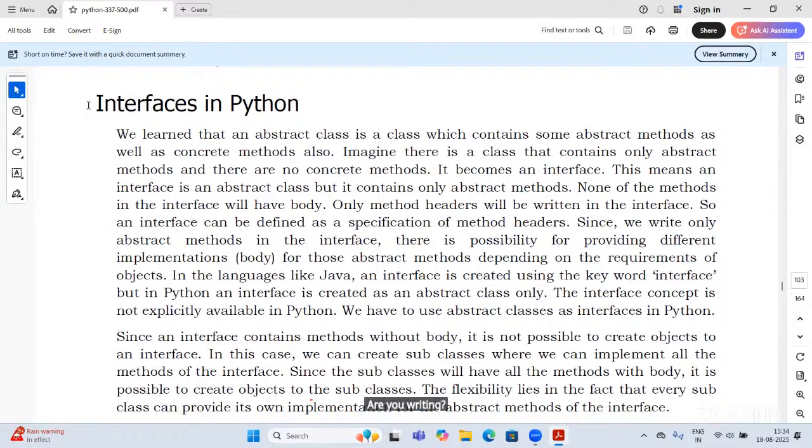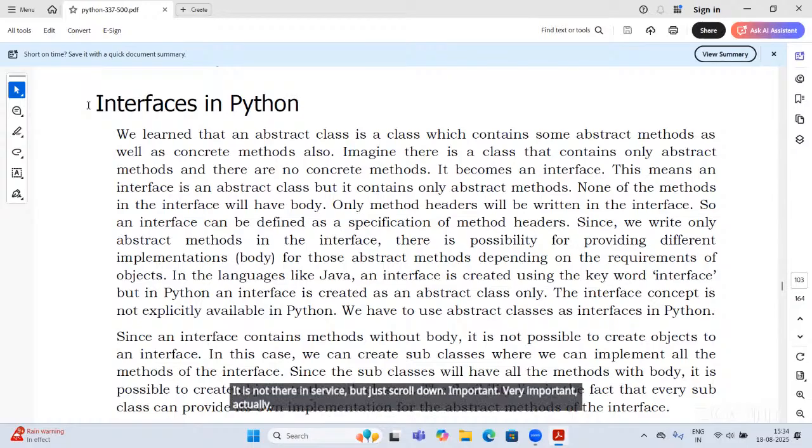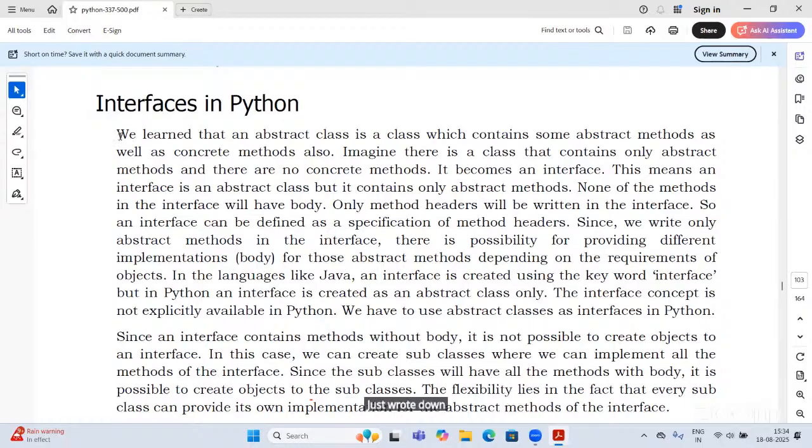Yes, sir. Heading: interfaces in Python. It is not there in the syllabus, but very important actually at the higher level.